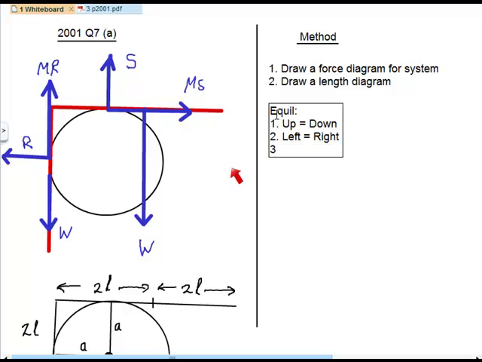And number 3, the sum of moments is 0. We don't always use all of those three conditions in a question. Sometimes we can go straight to number 3, for example, but it will always be